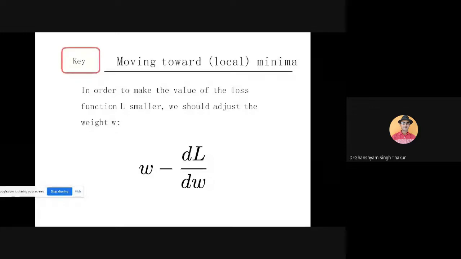Suppose we adjust using L' at A, which is less than 0. Sometimes it will run over. So you can find at B, W minus L' plus, with L'(B) greater than 0. Moving toward the local minima, in order not to make too much adjustment at one time, we multiply by